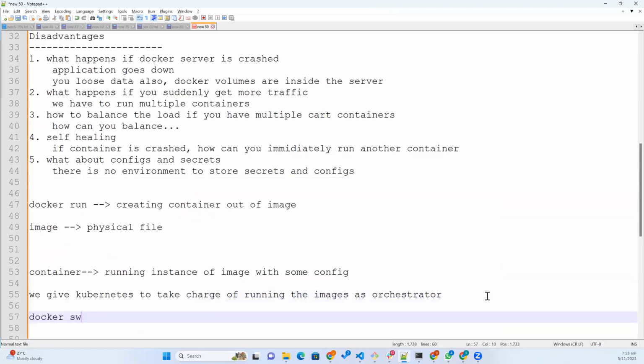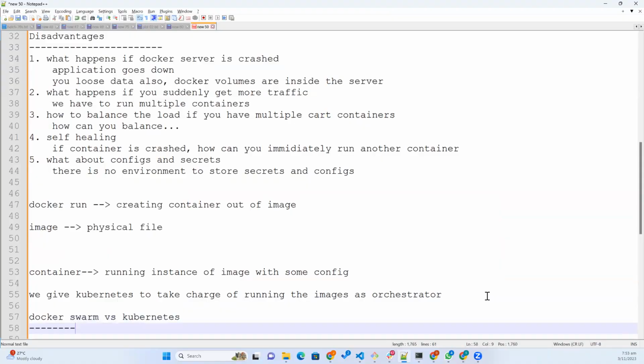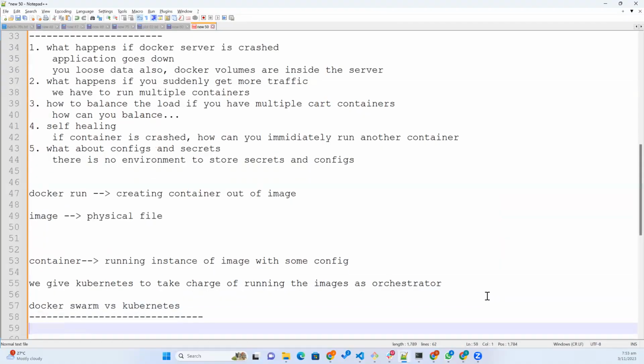I get this question, but these interviewers are just asking questions from the internet. They see the questions on the internet and ask dummy questions like this, because we are not even using Docker Swarm. How can we tell Docker Swarm versus Kubernetes? But if they ask,